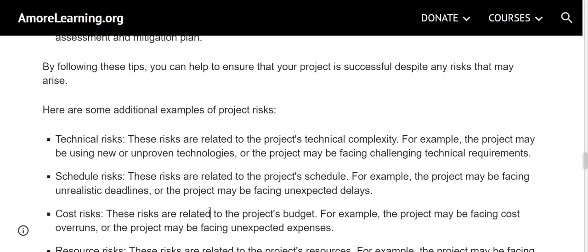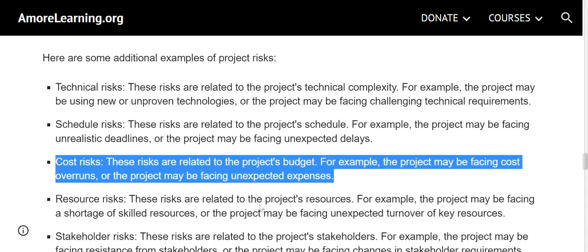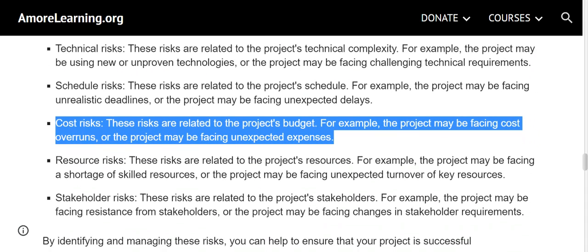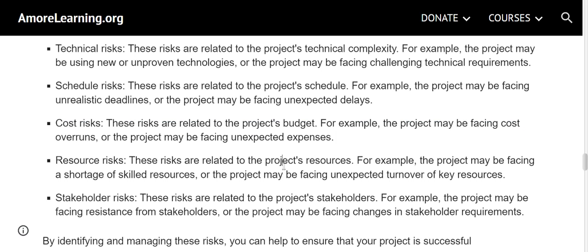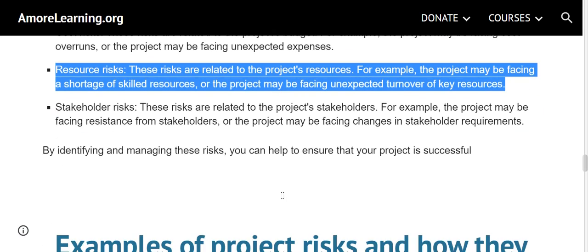Cost risks. These risks are related to the project's budget. For example, the project may be facing cost overruns, or the project may be facing unexpected expenses. Resource risks. These risks are related to the project's resources. For example, the project may be facing a shortage of skilled resources, or the project may be facing unexpected turnover